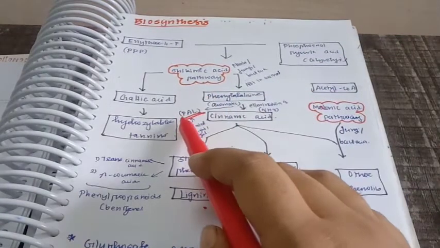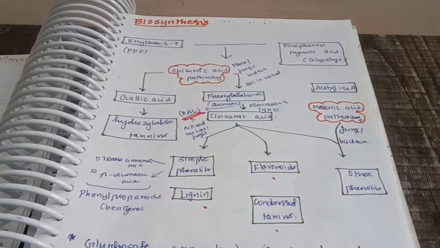And also to tell about this phenylalanine ammonia lyase, the activity of this enzyme is generally activated during particular environmental conditions. For example, when there is a low amount of nutrient, or when there is low light, or when there is a fungal infection, this particular enzyme will get activated, so that more phenolic compounds will be synthesized.